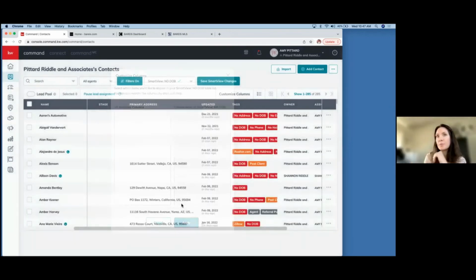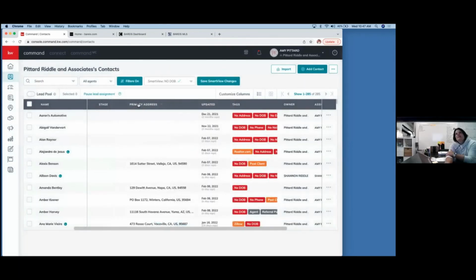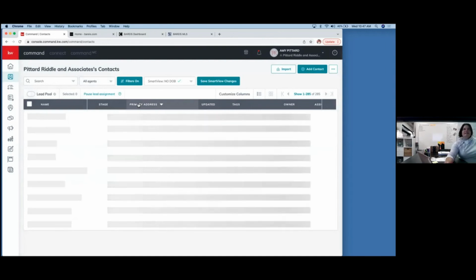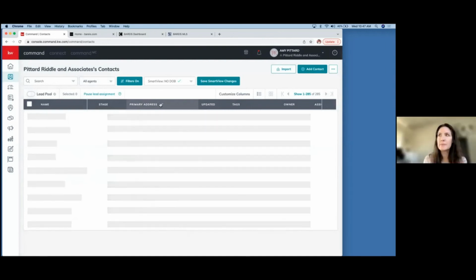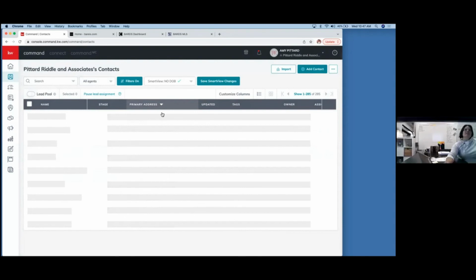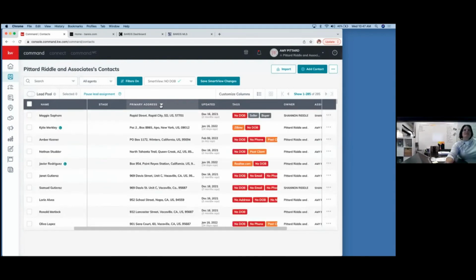And then if you click on primary address, it's going to sort it alphabetically, either ascending or descending. If I click it once, see the little arrow points down. So it should start with the no addresses, but let's just see. Oh, no, it starts with the addresses. So if we click it again,